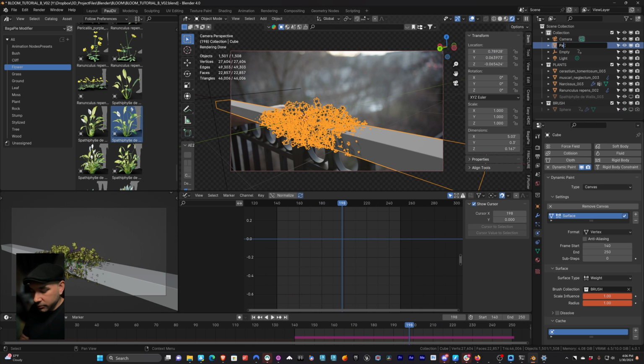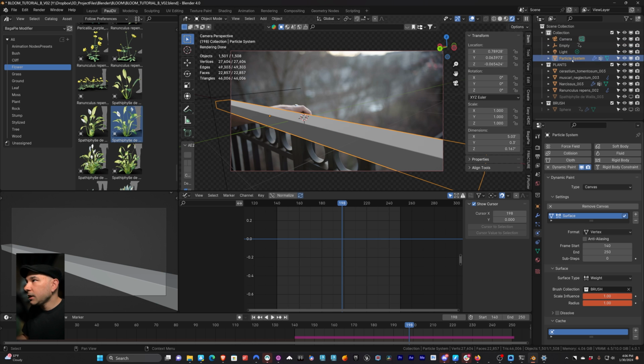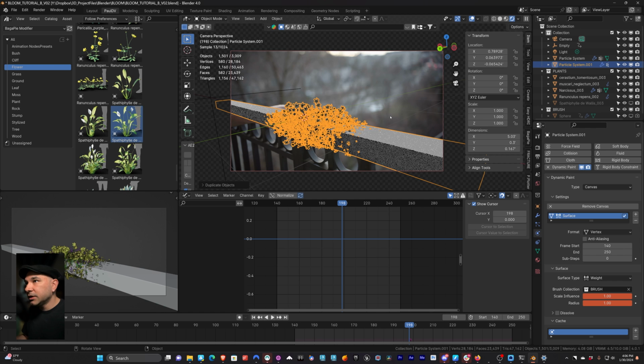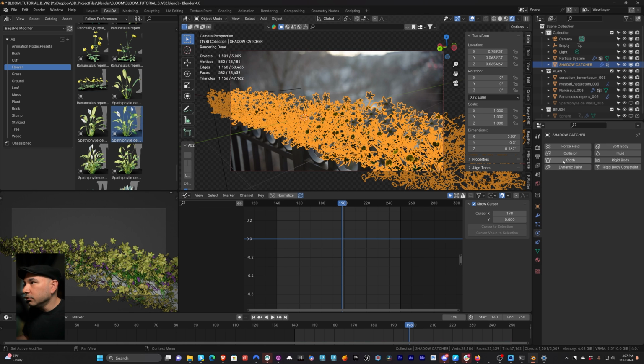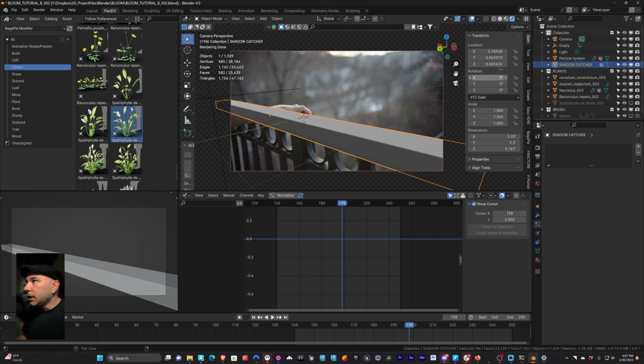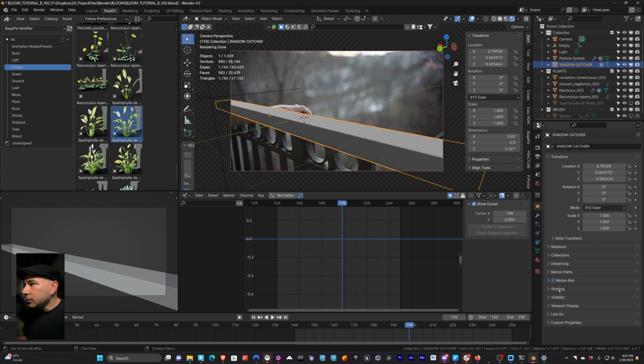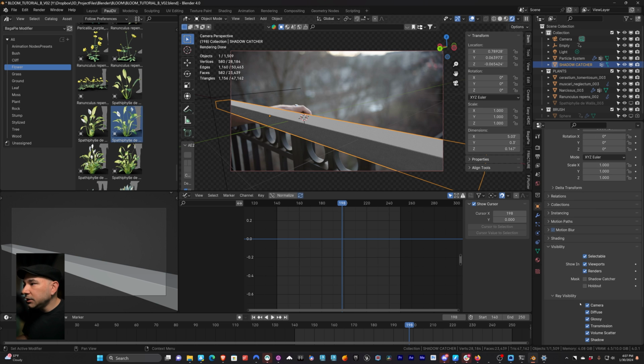So this is our particle system. I'm just going to hit Shift D and then right click to move it back on there. So we've duplicated the main geometry. This is going to be our shadow catcher. So what I'm going to do is remove the dynamic paint, and I'm also going to remove the particle system. And we'll go here into the visibility, click on shadow catcher,